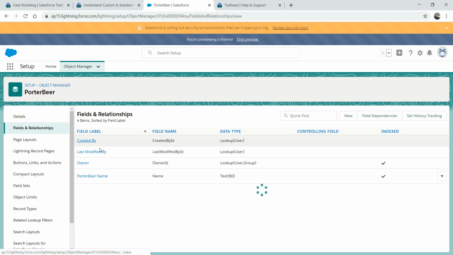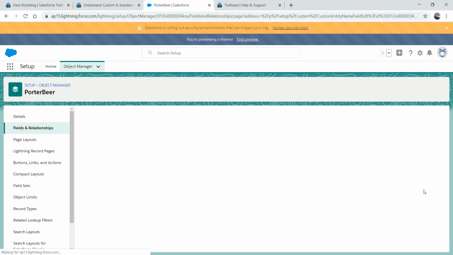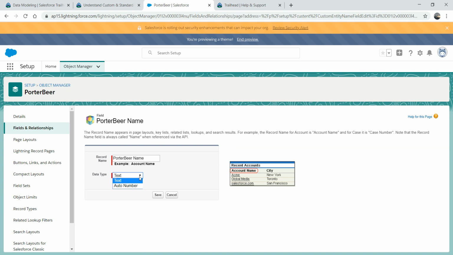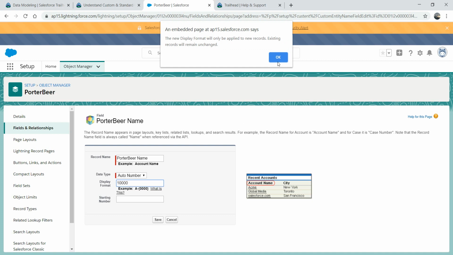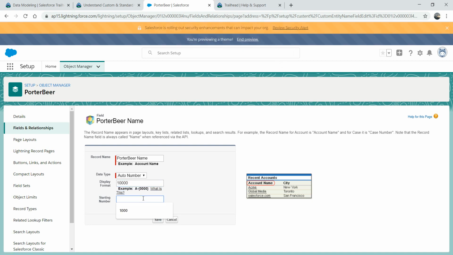So we have a few fields created here, right? We have a porter beer name. These are all system generated fields, and you can't actually delete them. So let me edit this one, and I make this field as order number, and I say the display format is 1000, and the starting number I just put at 1000, right? Because I want this to be an